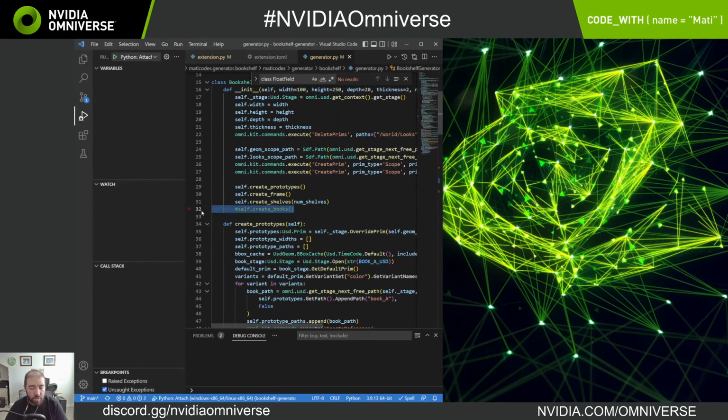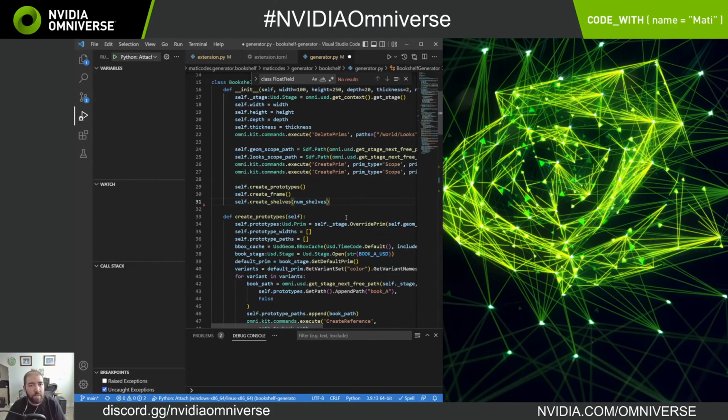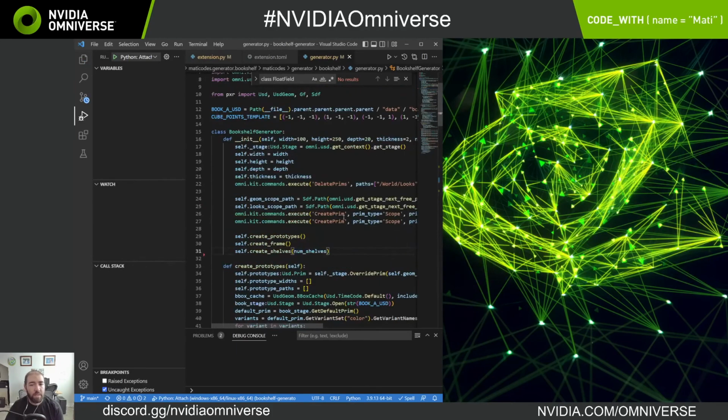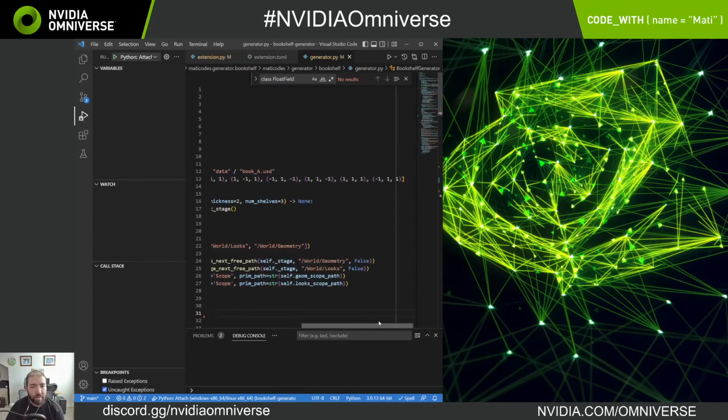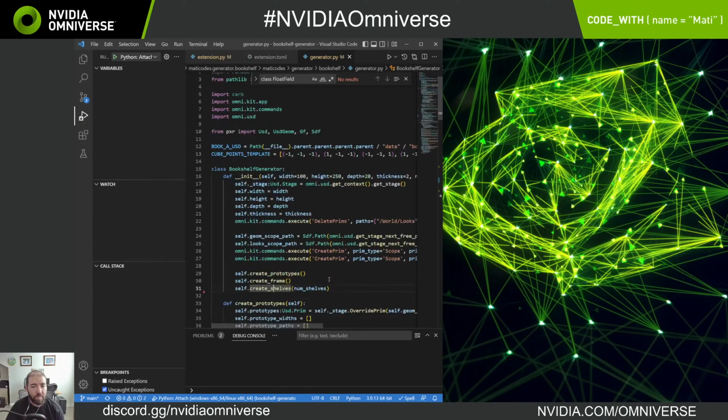So I don't need this anymore, because our shelves are creating the books themselves. I'm still not totally happy with the fact that the bottom shelf is a shelf, but it's also part of the frame. The other thing we can do is